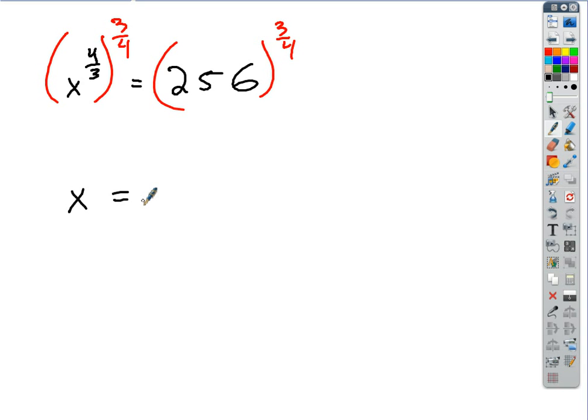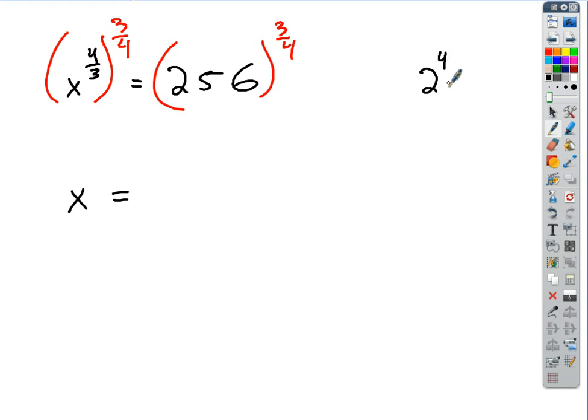Now I could put that in my calculator, but I could actually do that one, maybe, in my head, because I could break it into two parts. 256, if I'm taking it to the 3/4 power, remember that the 1/4 power is just a 4th root. So what's a 4th root of 256? What number times itself times itself times itself is 256? If I made a short list,